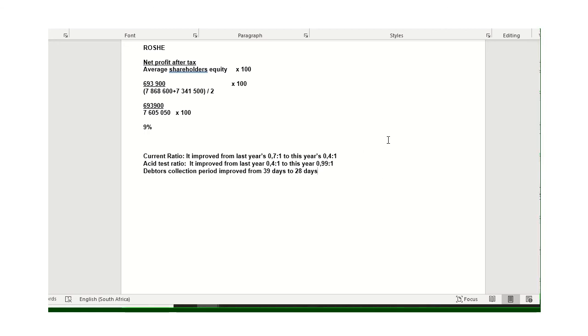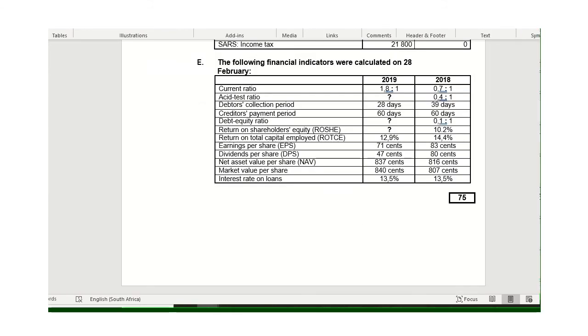So those compared to last year, give your figures, say if they increased or decreased. With the 2 ratios, we want the left-hand side to become more than it was previously. With the collections, we want the days to become less. So they should be fairly satisfied, the debtors collection as